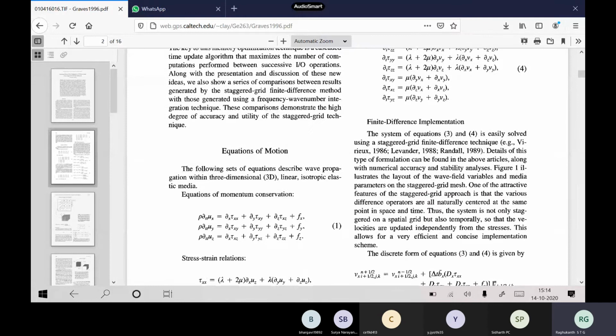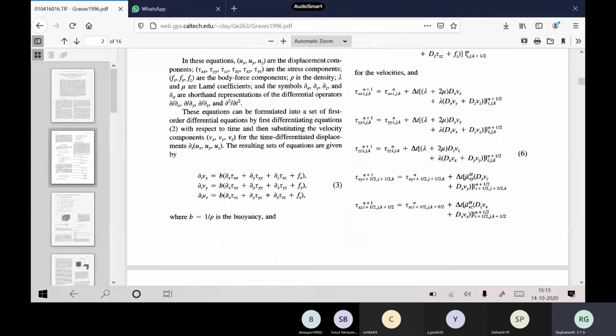So he has used essentially the velocity stress formulation, but now this has to be converted into a finite difference format. So now what happens, when you try to do it in velocity stress form, what type of grid will you get? Long back we have discussed, right? So you have to match the time derivative of velocity with the spatial derivative of tau xx actually. Now when you see the shear stresses, what is the derivative of tau xy?